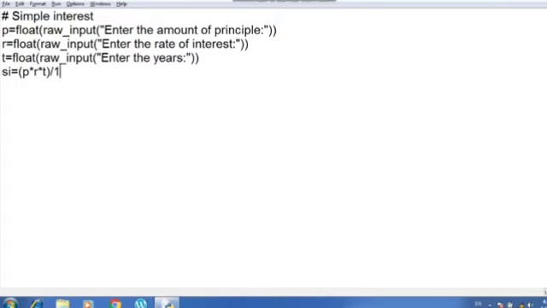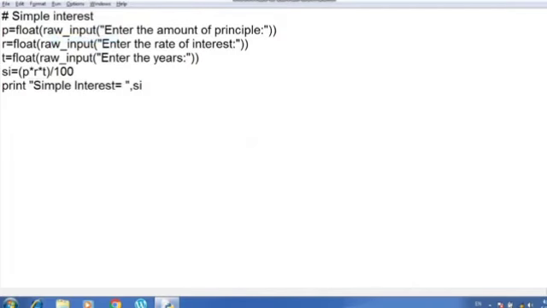Okay. Now I will print here, print simple interest is equal to, so this will be printed as it is written in double quotes. After writing the comma, I am writing the variable name SI, so it will take the output, the calculation part, whatever the answer will be, it will be added to this string which is written over here. Now let us save the program and run it.